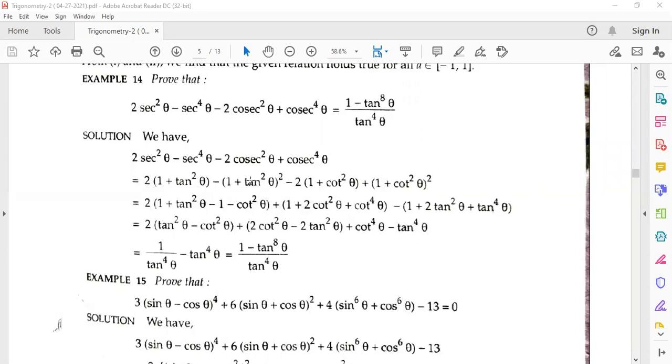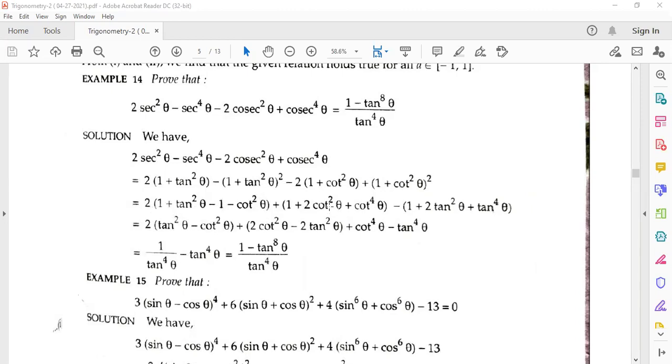And here this part is not written first. First, this part is written. That is 1 a plus b whole square. Here a equal to 1, b equal to cot square theta. So a square plus 2ab plus b square means cot to the power 4 theta, 2ab means 2 cot square theta, 1, and then written this part, that is minus of 1 plus 2 tan square theta plus tan to the power 4 theta. Now here this plus 1 minus 1 cut, and from the last two parts it will be coming 2 into tan square theta minus cot square theta.